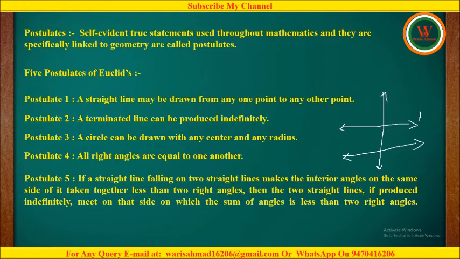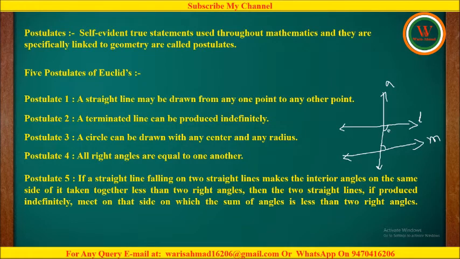Suppose the name of this line is L, the name of this line is M, the name of this line is A. Here L and M are not parallel, because in this postulate it is given that if a straight line falling on two straight lines makes the interior angles on the same side of it taken together less than two right angles, means suppose the sum of these two angles is less than